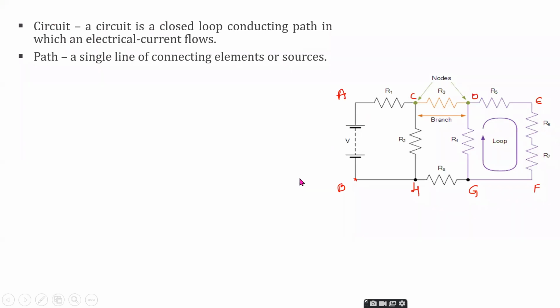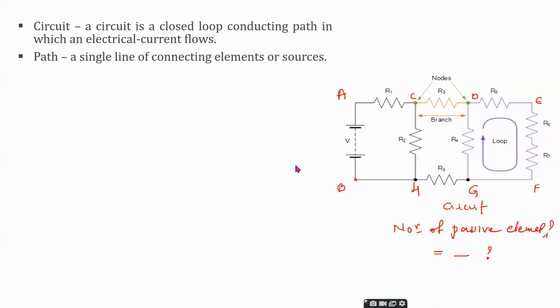Can we call them all as the sources and elements? So, how many passive elements are available in the network? Can you text me your answer? How many passive elements are available in this circuit? 8 is the right answer because R1, R2, 3, 4, 5, 6, 7, 8. All are resistors. Resistors are considered as passive elements.